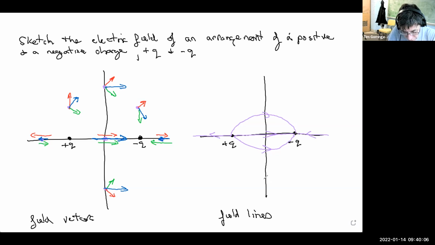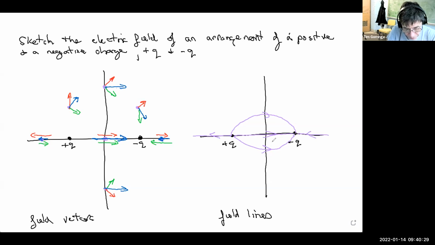So along this vertical line that dissects the two charges, the field simply pointed from the left to the right. Look at this blue arrow here. Look at this blue arrow down here. And so my field lines here on this vertical line and here on this vertical line are simply pointing from